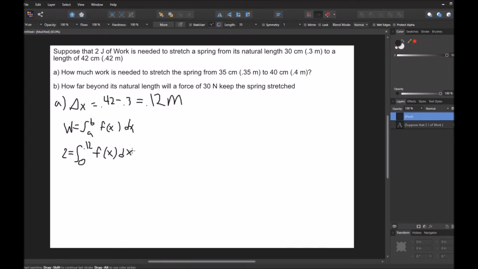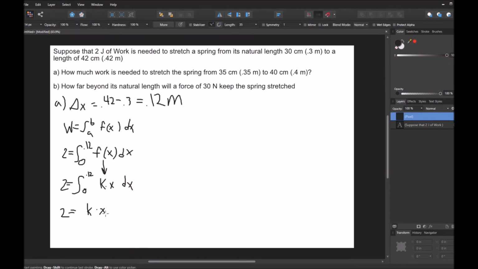Now, if we think about it, our f of x, our force formula, is just k of x, like this. So what we're going to have is 2 equals the integral from 0 to 0.12 of k times x dx. And remember, k is a positive constant, and x is the distance, or how much is being stretched, I suppose. So if we solve this integral, or if we write out the antiderivative, we're going to get 2 equals k